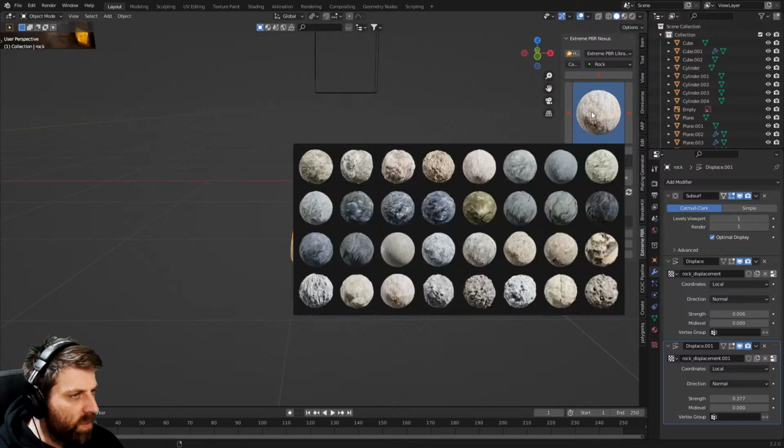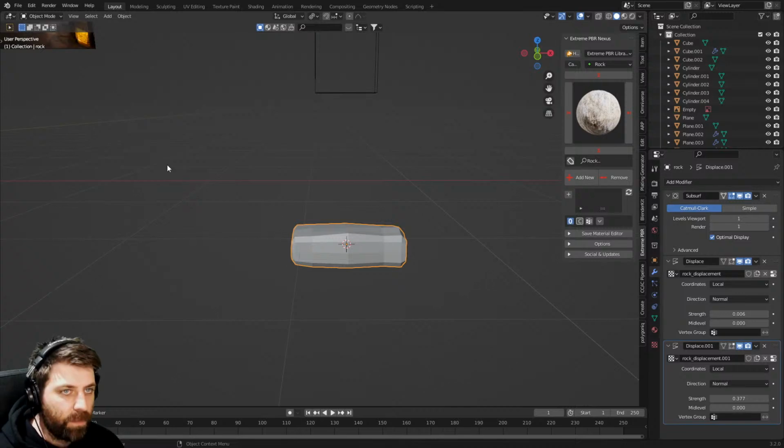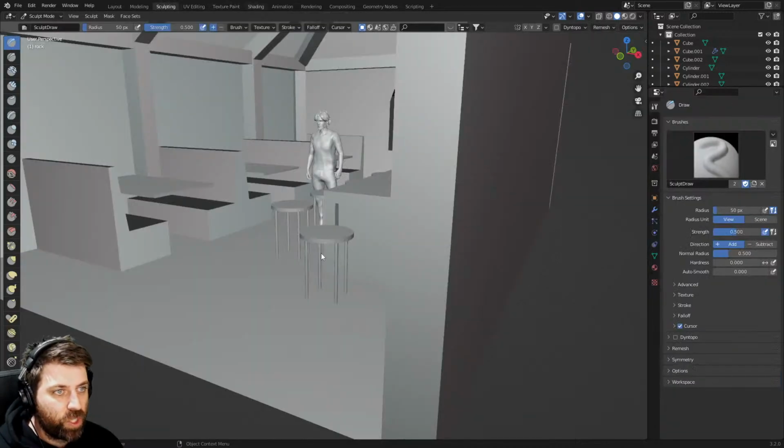What number rock is this? This was number, this one here, rock 04. So if we go into the folder of where they all are. I don't know where they are. 3D assets. Yeah, here they are. Rock 04, I believe. Okay, so if we come into shading,